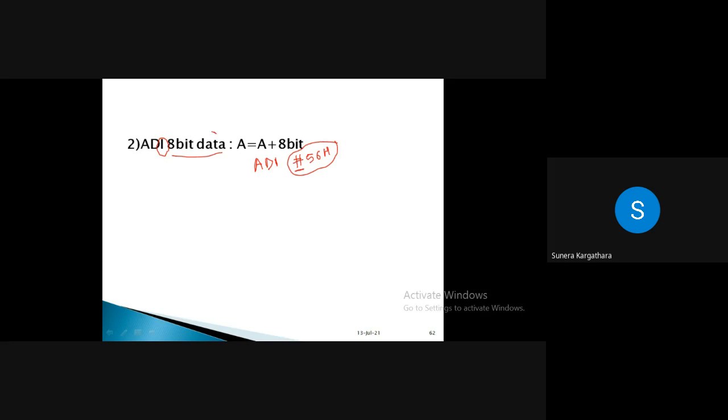See, 8-bit data we are mentioning. That means there is immediate. There is no scope of memory addressing, right? If we were specifying a memory address, whether it will be a 16-bit address and M or R specifying, then it can be considered as memory addressing. But right now we are not specifying any memory location, so it is not a memory addressing, right?